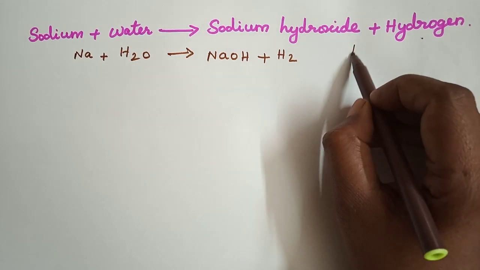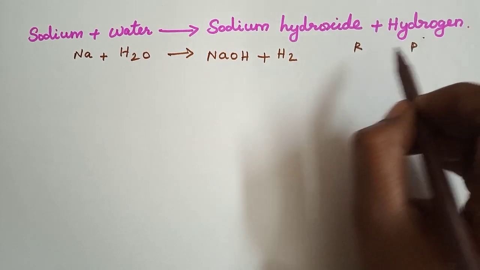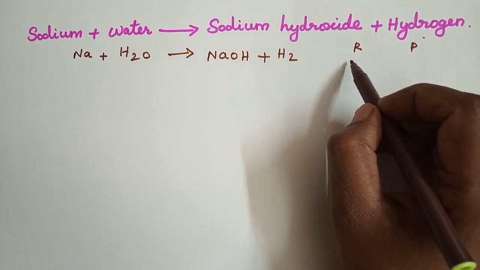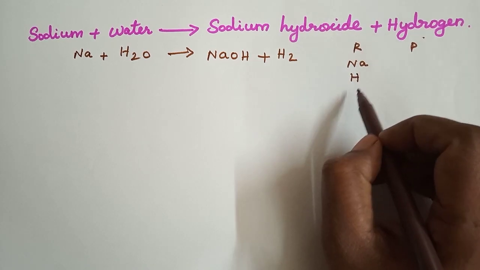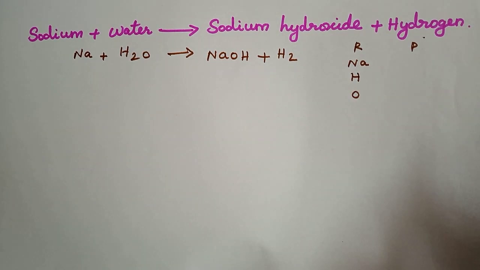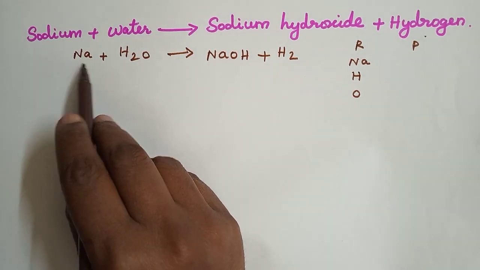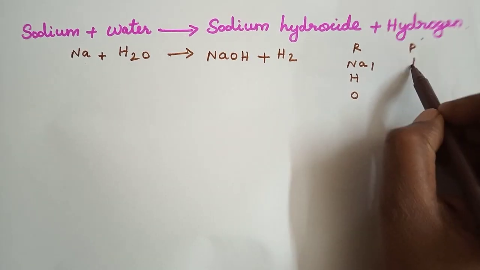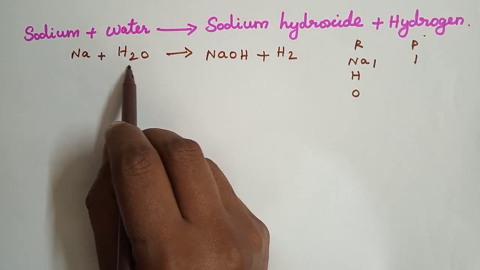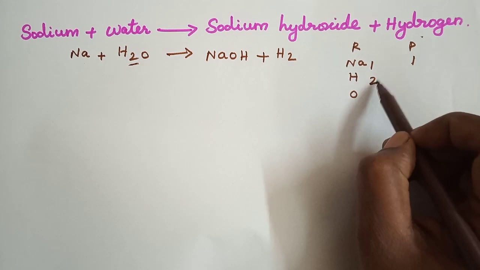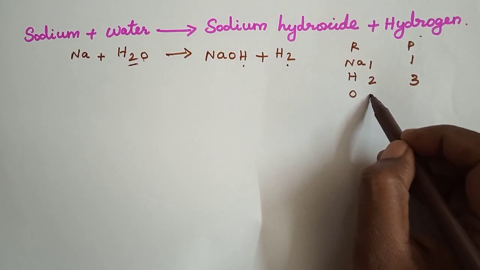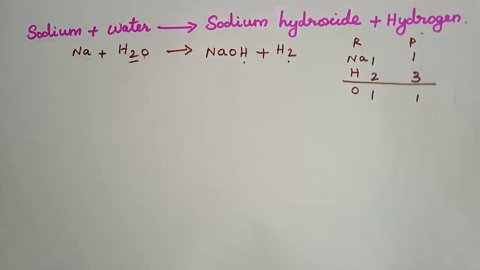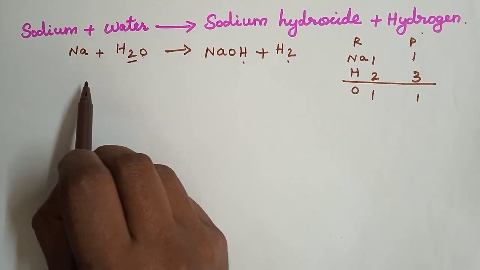Shall we see now? Reactants, products. So from the reactant side, what do we have? Na, H, O. Yes or no? Yes. Now shall we see Na? One here, also one here. And H, how many do we have? Here 2 we have. Here how many? 2 plus 1, 3 we have. Oh, how many? 1, 1. But here there are variations. So we have to balance the equation. Yes or no? So what can we do?